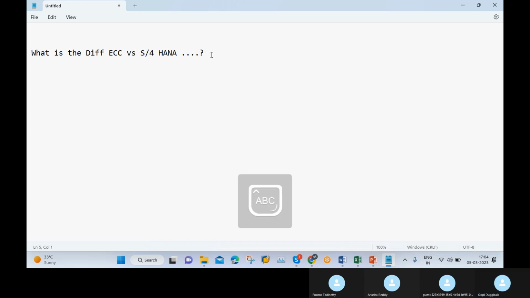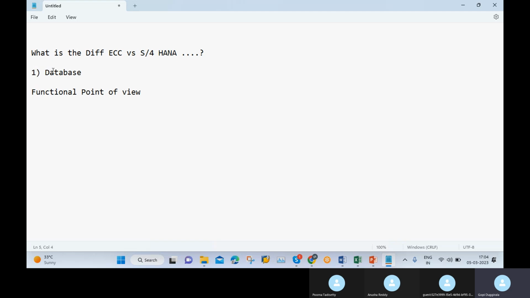Basically, the main differences between ECC and SAP S4 HANA are, first, the database point of view, and second, the functional point of view. These two things we can classify very easily, right? When it comes to the database point of view, the main difference between ECC and SAP S4 HANA is the database. When it comes to ECC, the database will be Oracle